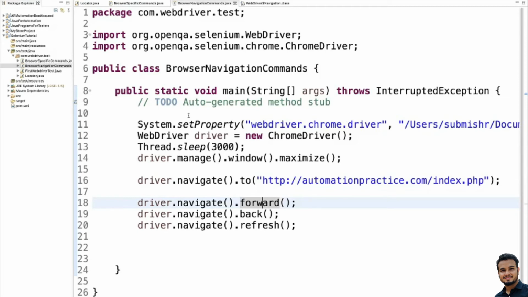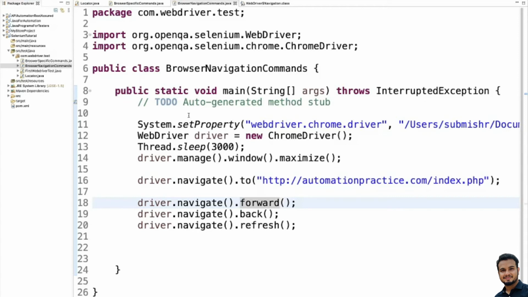Similarly, the back method enables the web browser to click on the back button in the existing browser window. Again, it will also not accept any arguments, and it will not return anything. And the refresh method will refresh or reload the current web page in the existing browser window.